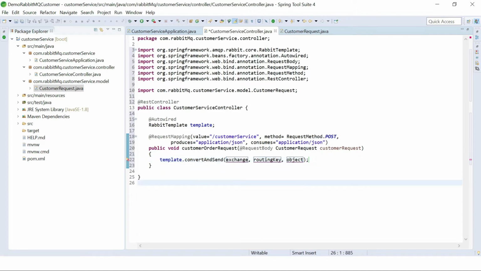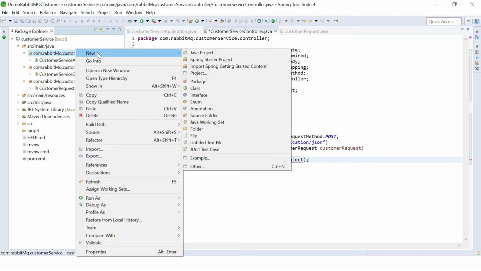As I told you in the previous video, we need an exchange, routing key and queue name to send our message. So let me first configure these things. I need to create the configuration class.